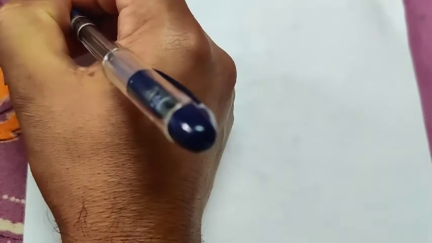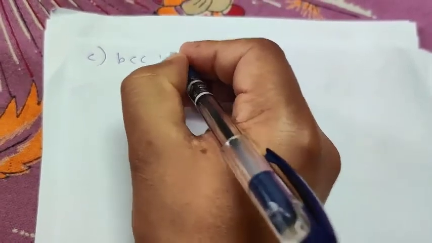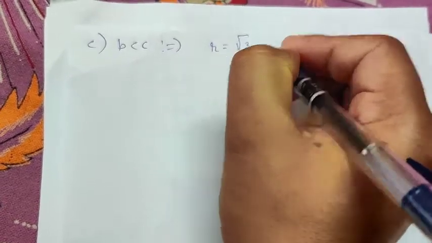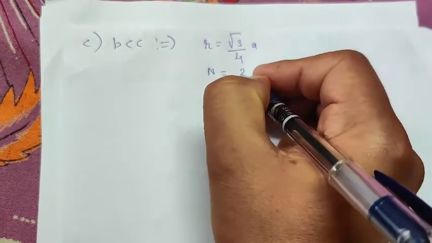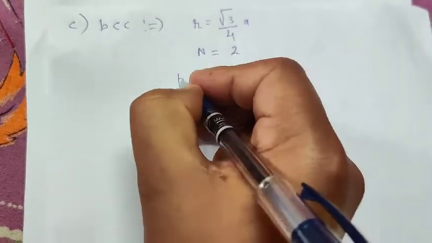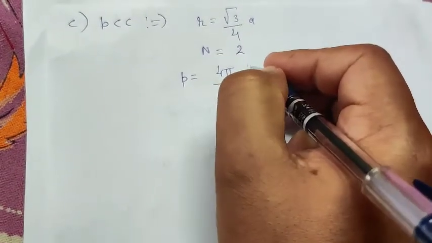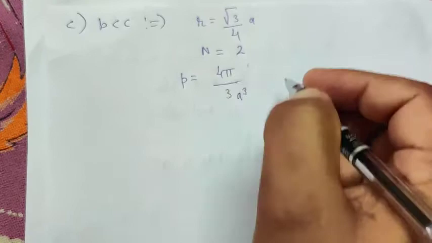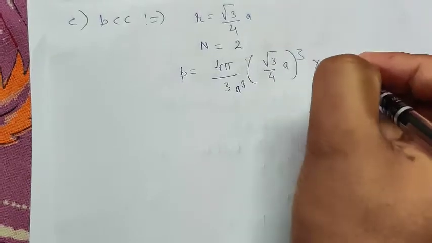So now we will calculate the packing fraction for the body centered cubic unit cell. For body centered, we have calculated in the previous lecture, atomic radius will be under root 3 by 4 into a, and the number of effective atoms per unit cell in the body centered case will be 2. So if we put this in the formula, this will be 4 by 3 pi, cube of radius, divided by the volume of the unit cell,